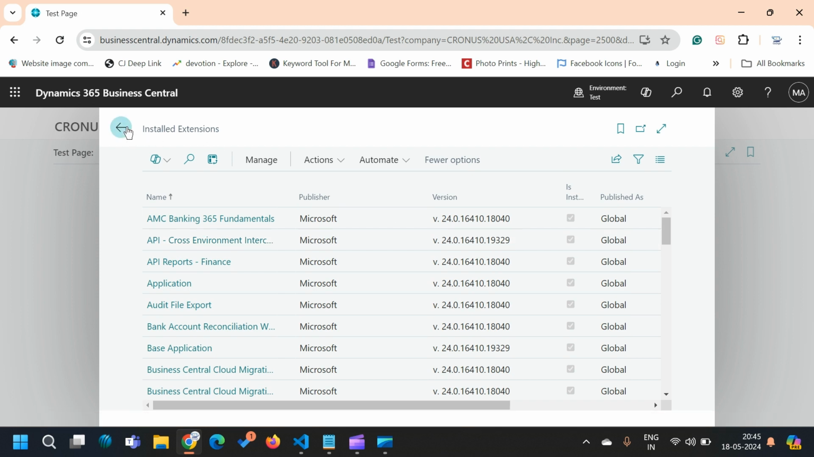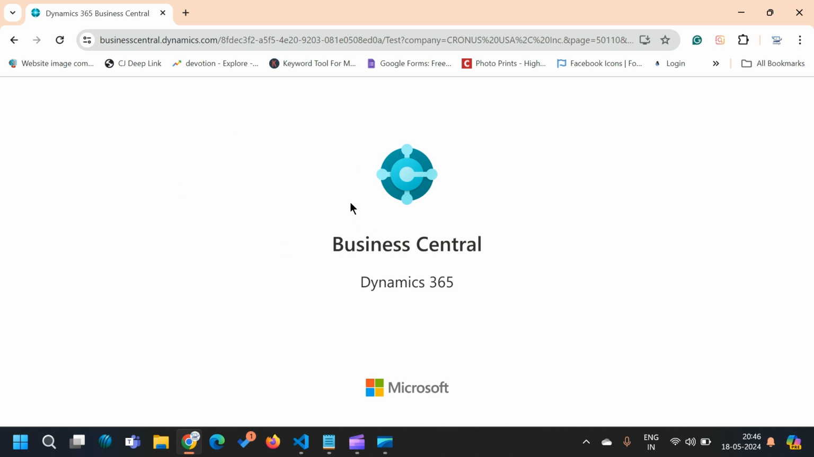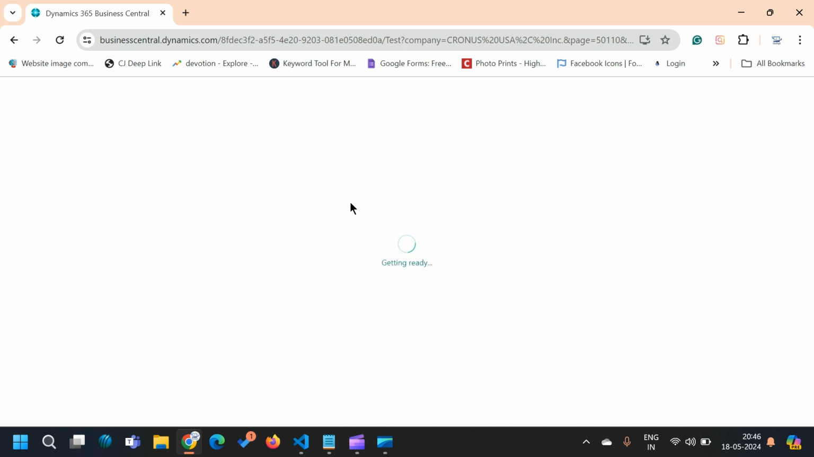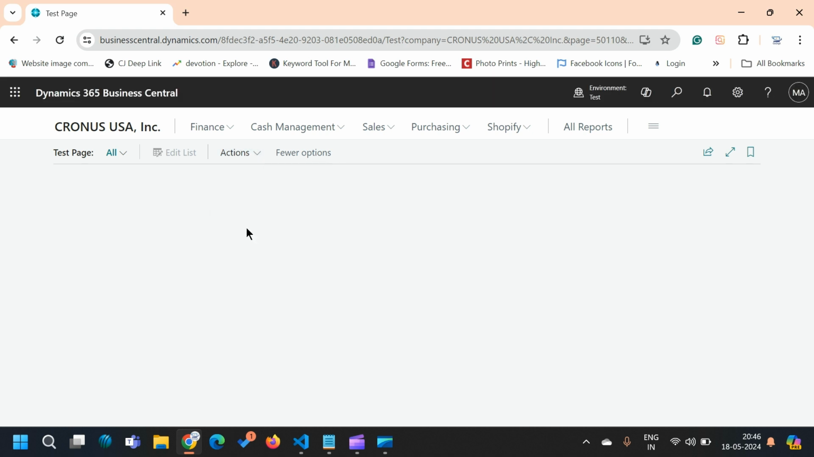Now let's go back here. Let me refresh, because I've uninstalled it and then I installed it. So that's why I'm just doing the refresh button. Now let's see the deploy action button as well. So for this, click on actions, deploy app,